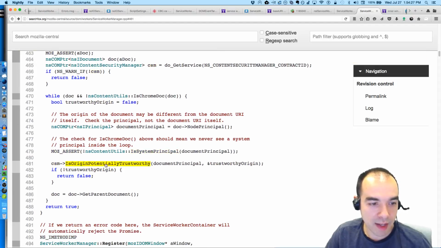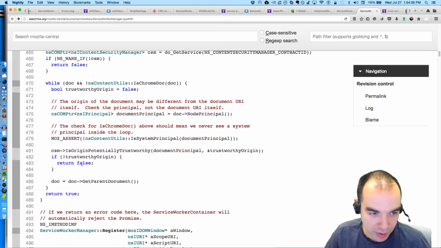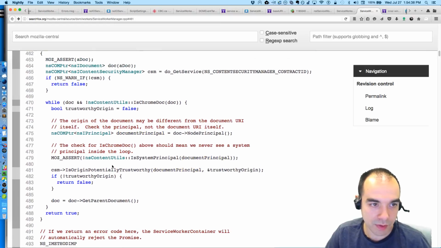Then we check to see if the origin is potentially trustworthy. We look at the document principal. If it's not trustworthy, we return false. Document principal, is origin potentially trustworthy?